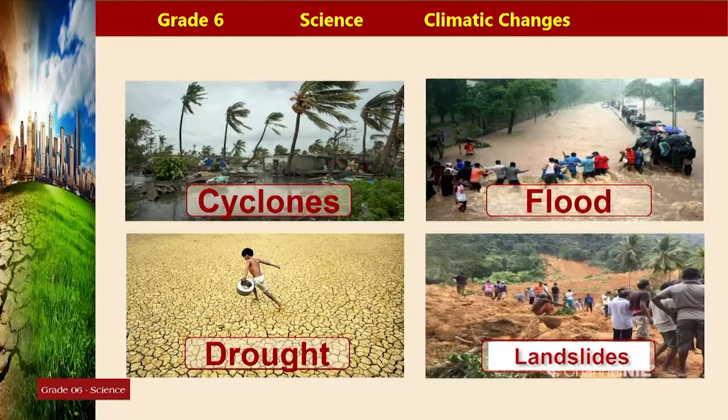Right? Although there are many other natural disasters like volcanic eruptions, we are lucky enough that we don't have volcanic eruptions in Sri Lanka. Even glacier erosion can be seen in the Arctic and Antarctic poles. We are also not facing such incidents. Earthquakes are there in addition to these, even thunderstorms are there. So, tsunami can be said in addition to these. But in this lesson, we will be looking at only these 4 natural disasters.